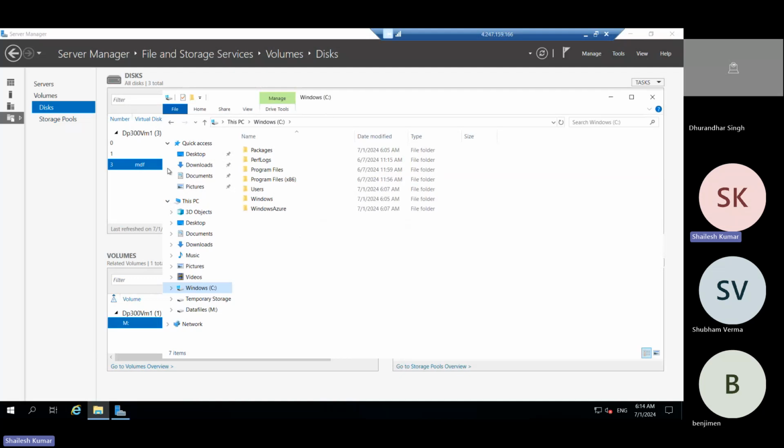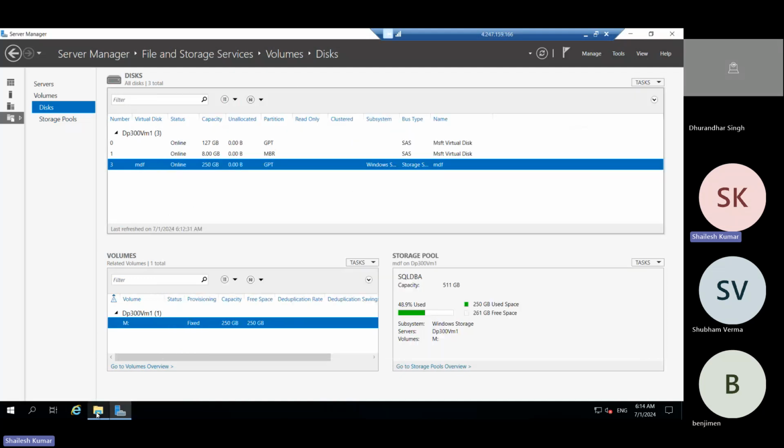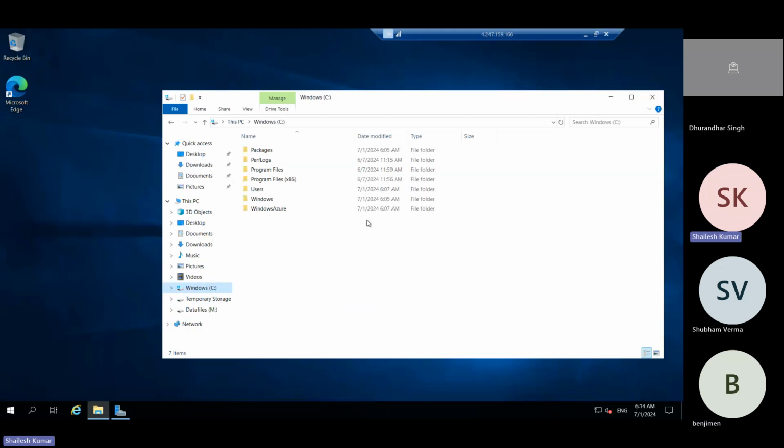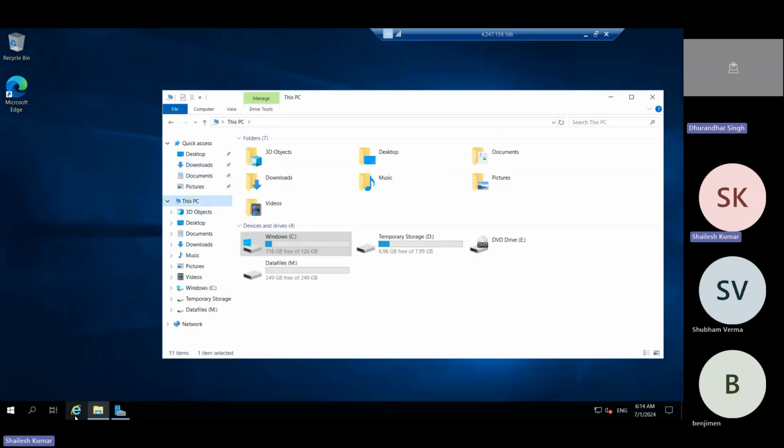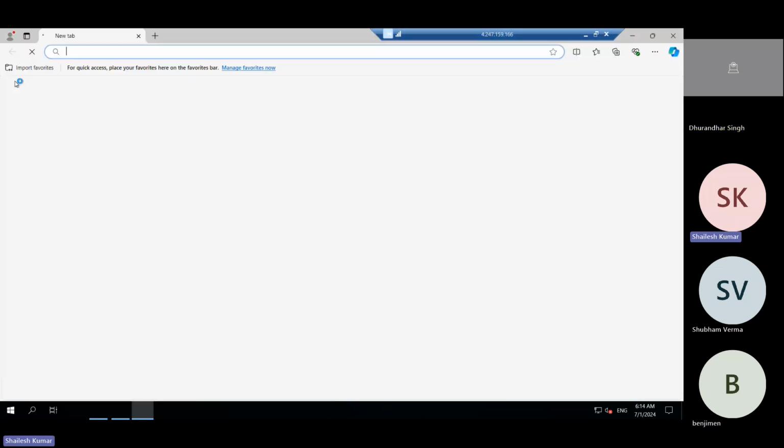Have you installed any SQL Server? Yeah, the installation part. SQL Server installation as a standalone server, yes, 2019, 2017, I have done. Okay. So I think we don't have that ISO. I think we have to just download it here. I think it will take a couple of minutes.